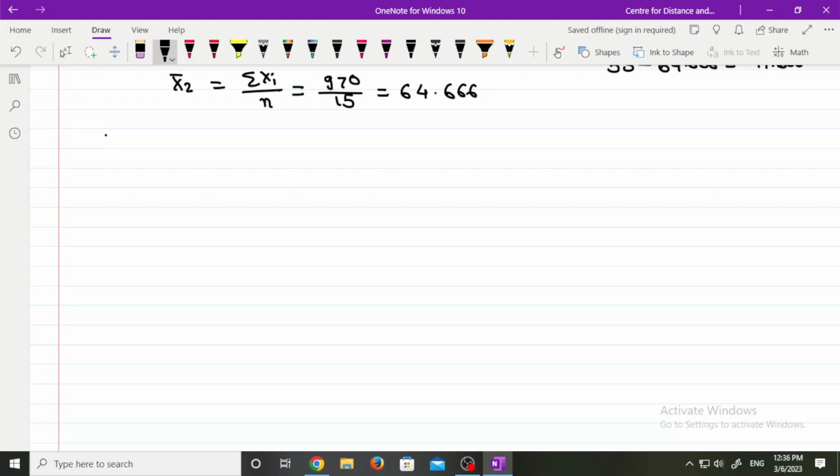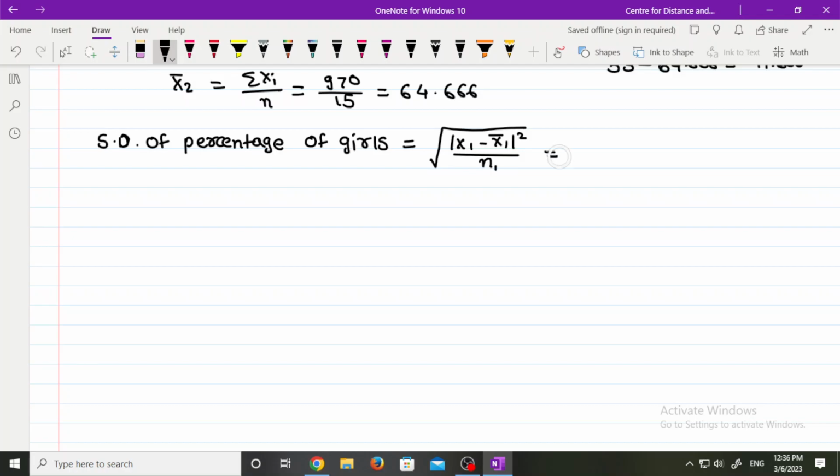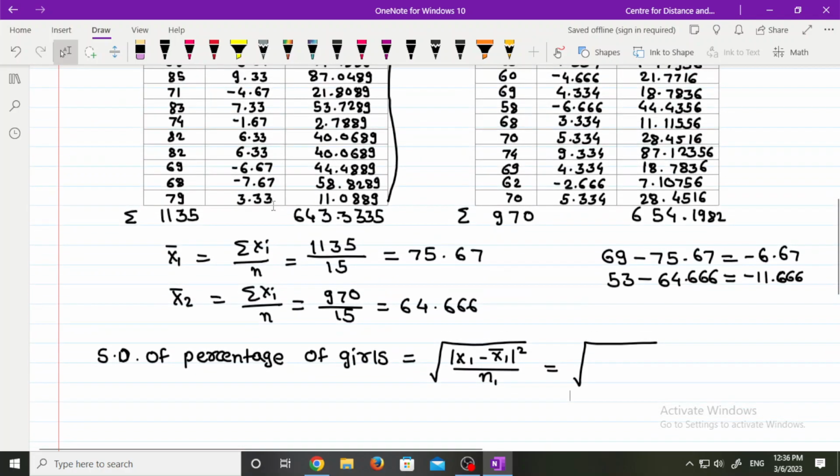Here, the standard deviation of percentage of girls is equal to the square root of the sum of mod of x1 minus x1 bar, squared, divided by n1, which is equal to the square root of the sum of x1 minus x1 bar squared, here 643.3335, divided by n1, that is 15, which is equal to the square root of